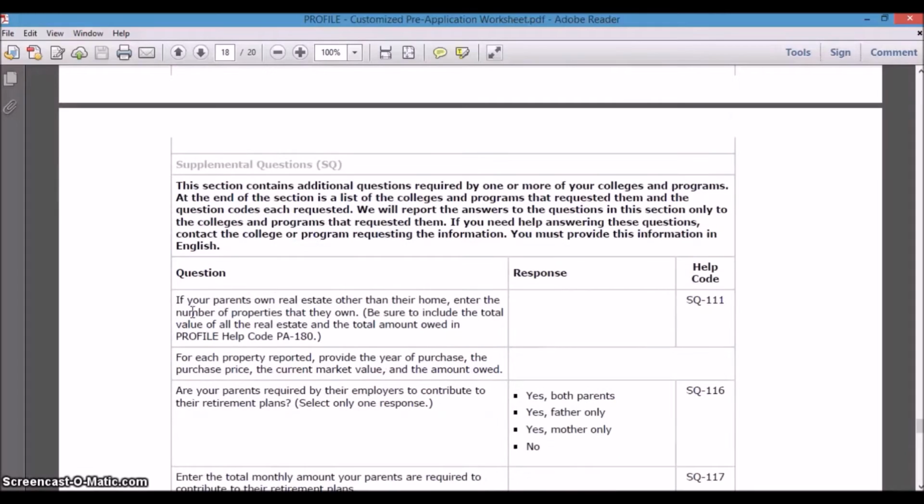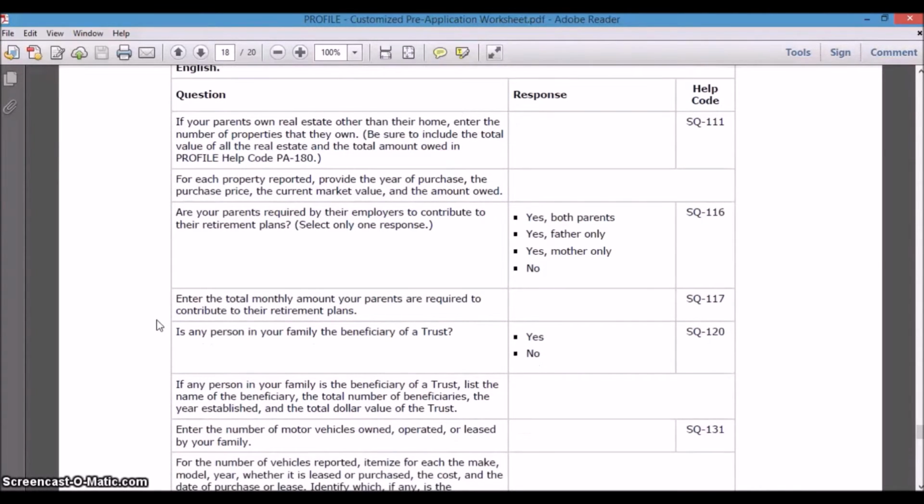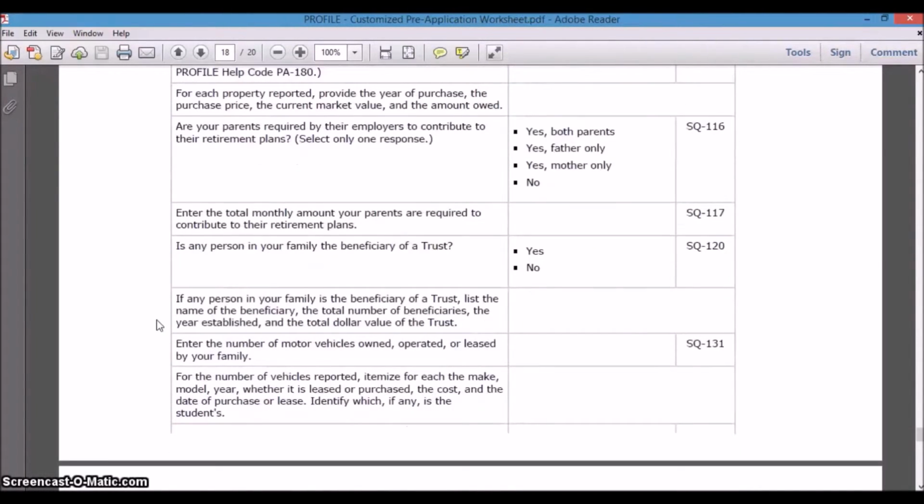The next section is supplemental questions. This section contains additional questions required by one or more of your colleges and programs. The first question says, if your parents own real estate other than their home, enter the number of properties that they own. So you have to state how much your parents have aside from your house, and then you have to report and provide the year of purchase, and so on, for your house, and just basically follow the